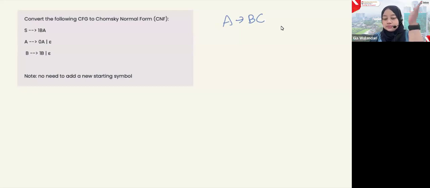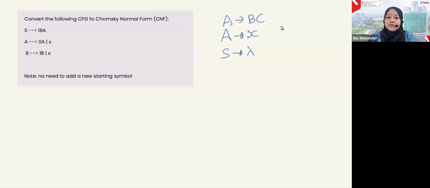So on the left side of the production rule, it only contains one non-terminal symbol as in the usual CFG. But on the right side, we can only have two non-terminal symbols or only one terminal symbol. Another one that is accepted is from the starting symbol, where we may have an empty string on the right side. So these are the three forms of production rules that are accepted in CNF.